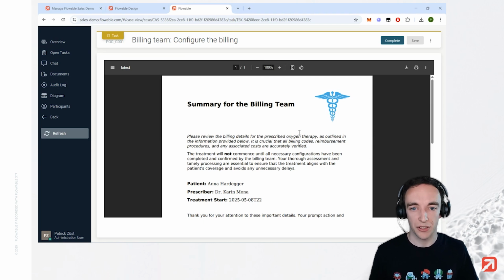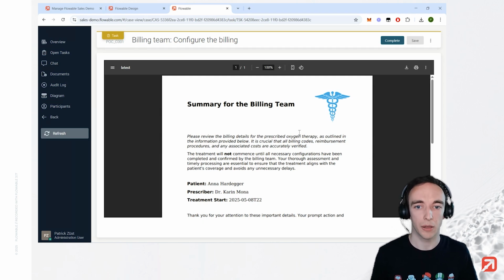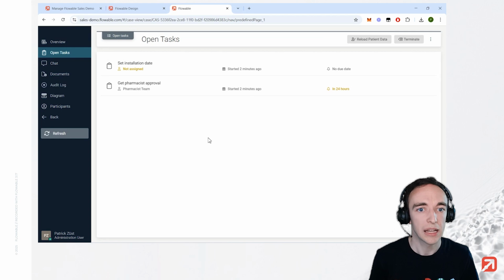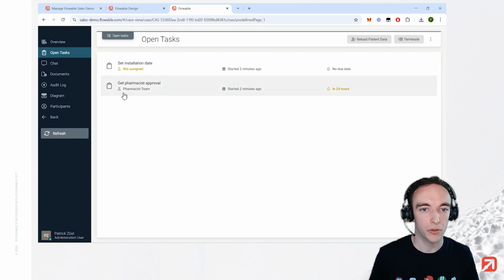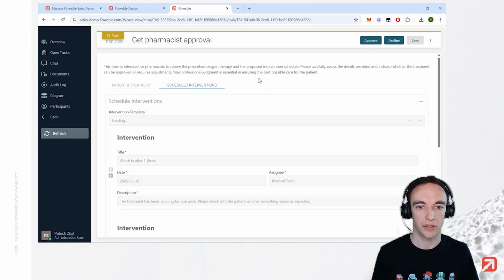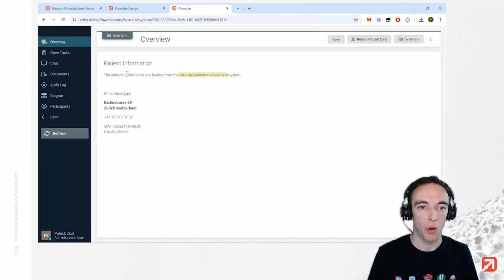We can see that in this task, we automatically created a PDF based on the information that was provided in the patient form originally. The billing team could now complete something and also finish that task. And then if we look at the open task, we can see that only 2 tasks are remaining. One of those tasks is assigned to the pharmacist team, where they have to approve the treatment that was suggested. For that, they can see the form that we filled out with all the necessary information and also the interventions that are scheduled. Now, to me, that looks good, so I'm going to approve it,